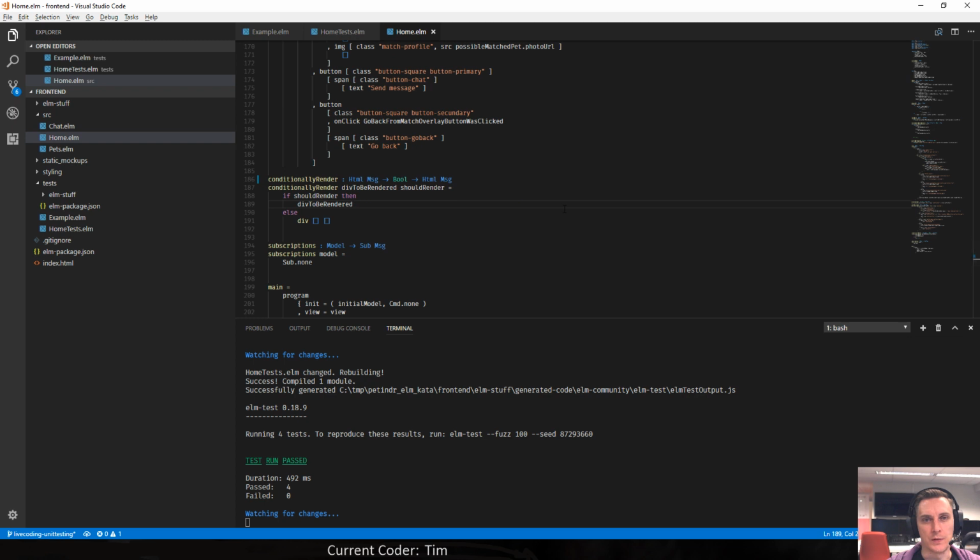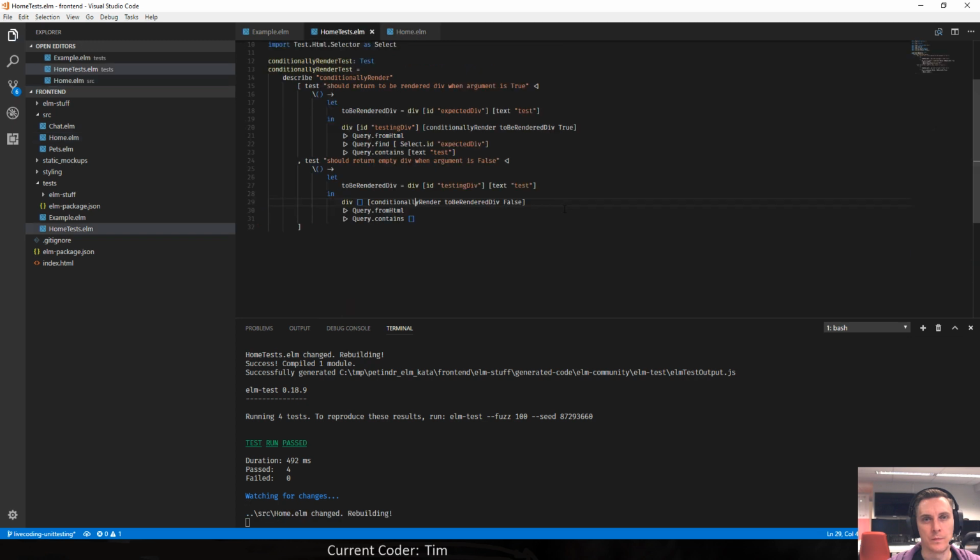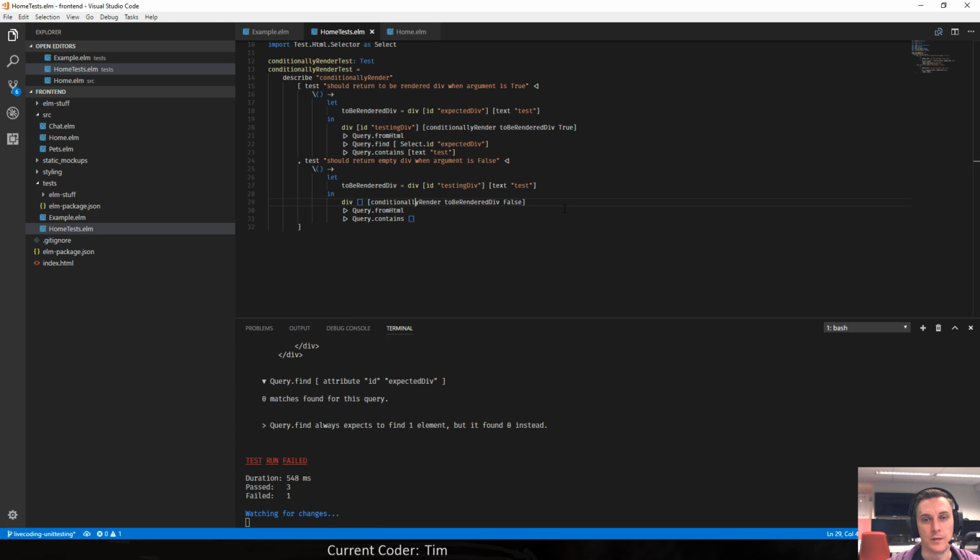Will it fail if I switch them around? Ah, cool. But this one still. So now this one fails, but I really want this one to fail. How else am I gonna assert that my test actually works? Fucking hell.